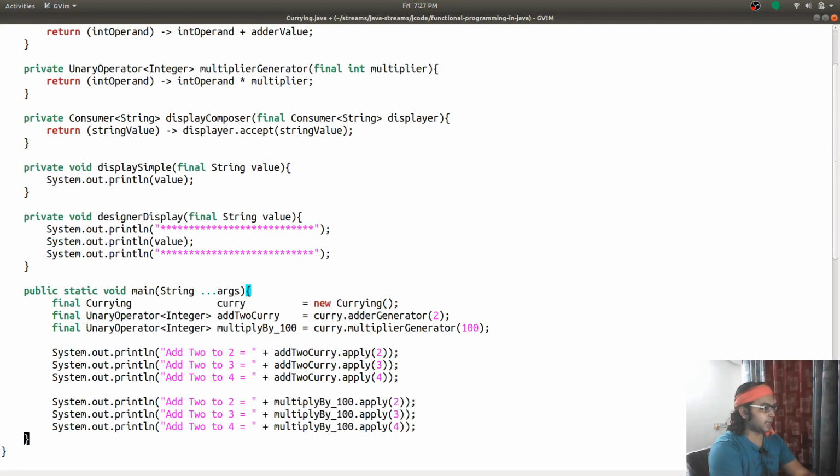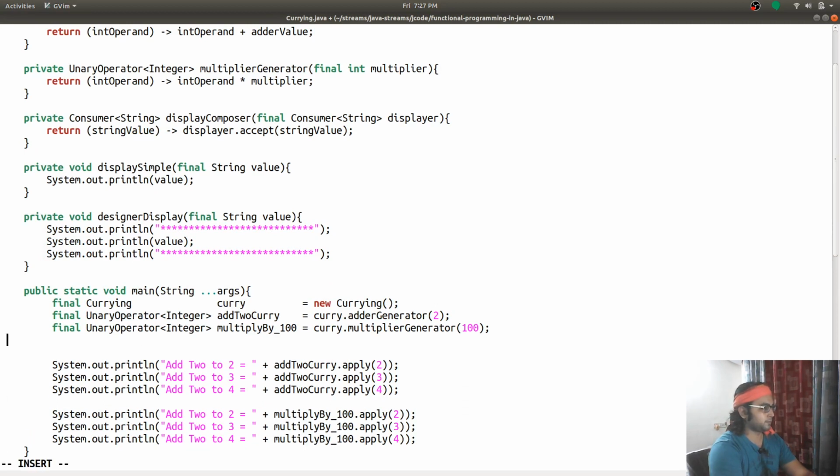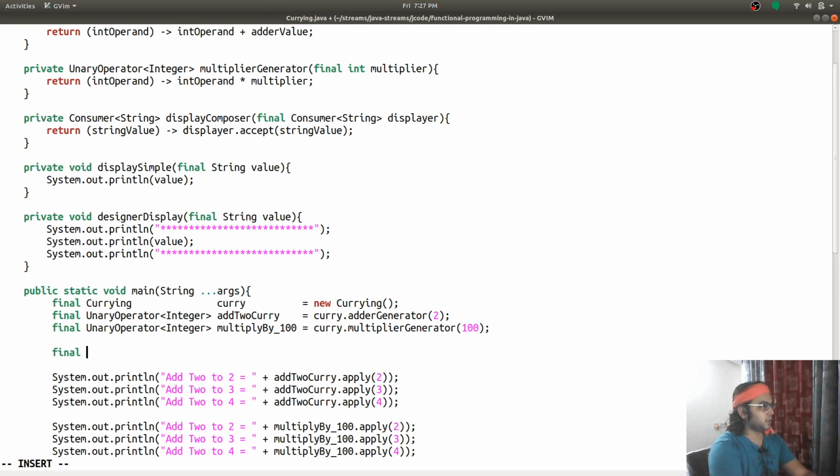Over here I will have a final Consumer, print to console. I will say curry dot display composer. So this is one way.